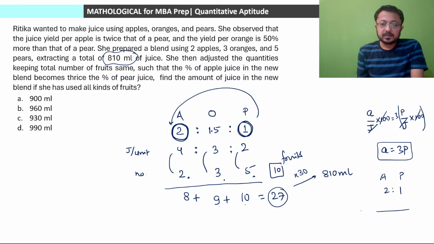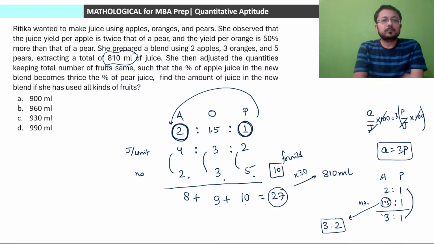बट हमें क्या चाहिए? अल्टीमेटली वी नीड 3:1 का रेशियो इन टोटल जूस फॉर एप्पल एंड पियर. तो नंबर का रेशियो क्या होना चाहिए? तो डिवाइड 3/2 फॉर दिस वैल्यू, 3/2 दिस विल बी 1.5 एंड डिवाइड दिस 1/1 फॉर दिस वैल्यू, दिस विल बी 1. तो रेशियो ऑफ एप्पल एंड पियर विल बी 1.5:1. द रिक्वायर्ड क्वांटिटी का रेशियो फॉर एप्पल एंड पियर विल बी 1.5:1, और सिंस दे विल नॉट बी इन फ्रैक्शन, so the ratio will be 3:2. Is that clear? एप्पल एंड पेयर का रेशियो शुड बी 3:2.